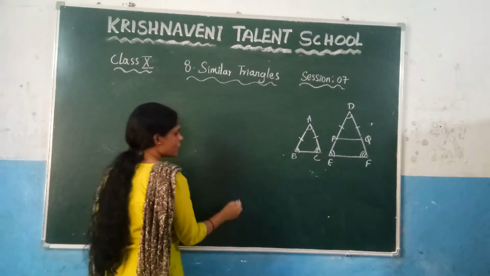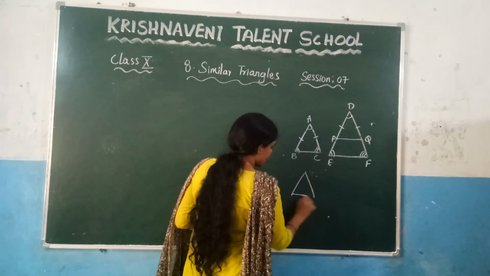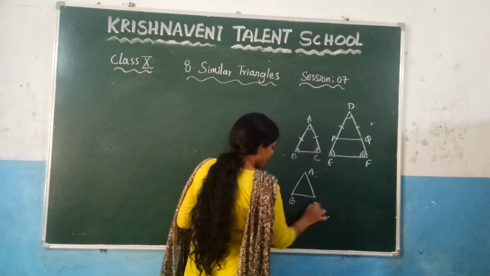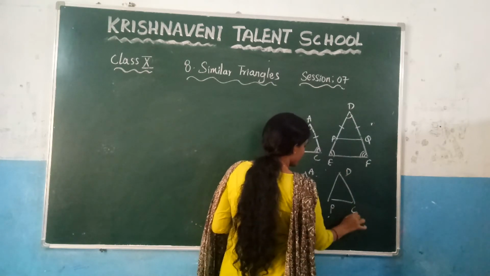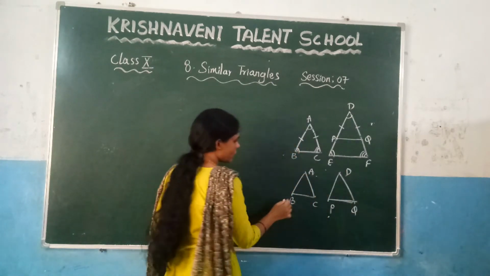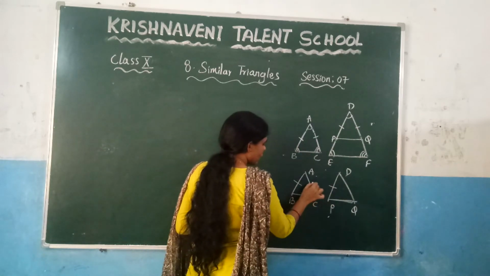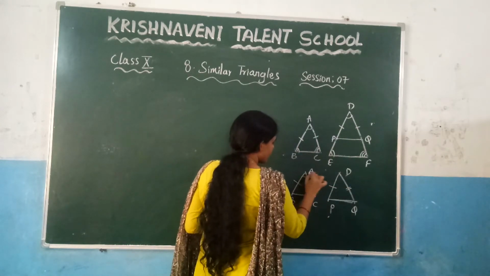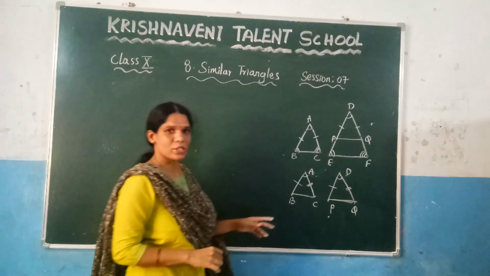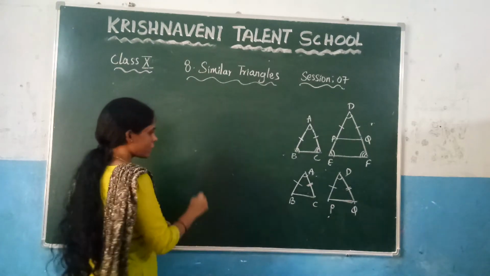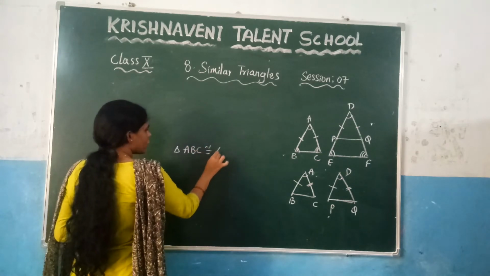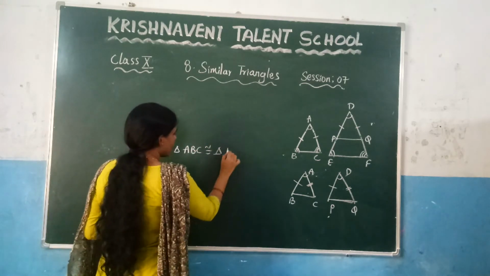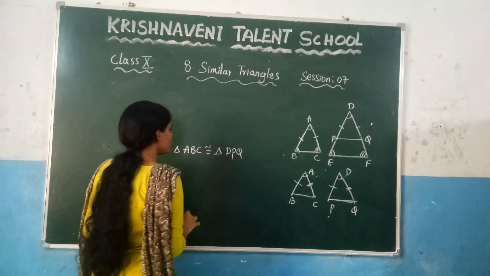So you need to consider those triangles, triangle ABC and triangle DPQ. You know that these 2 triangles are looking similar because these 2 sides are equal and these 2 sides are equal. Their angles are also equal. From this you can say that these 2 triangles are congruent. So what we get here, triangle ABC is congruent to triangle DPQ. And you know that if